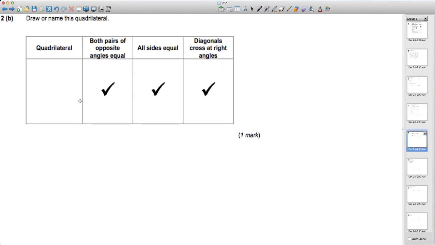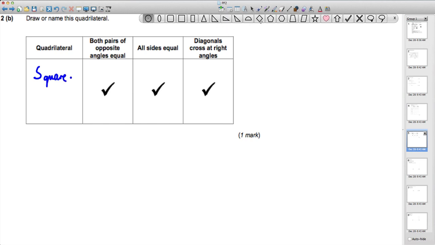Draw or name this quadrilateral. Both pairs of opposite angles are equal. All sides are equal. Diagonals cross at a right angle. Well, square is the easiest one there. Okay, if we just think about it, a square,